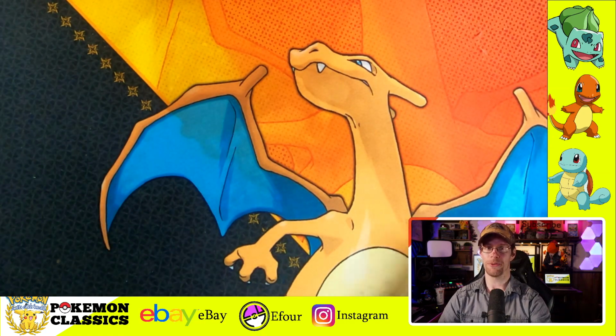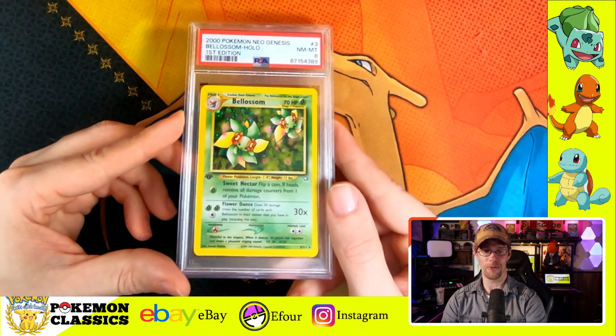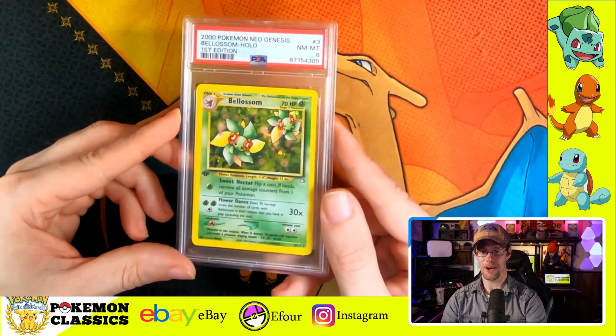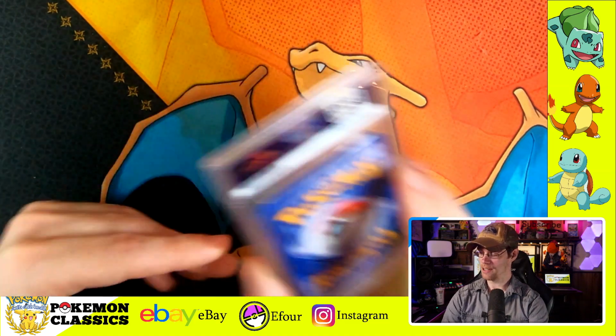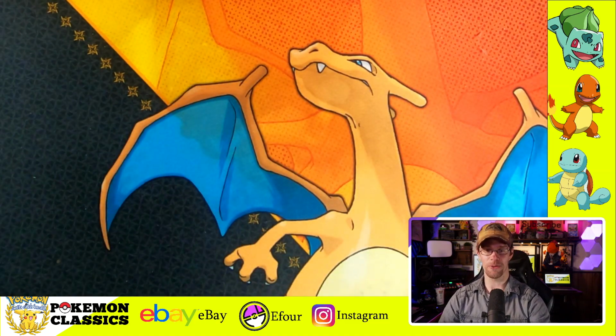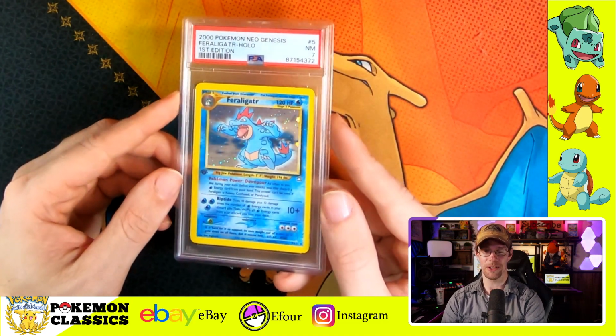It's one of the most difficult sets out there to grade. We got the Bellossom. Bellossom has a really cool holofoil background, near mint to mint 8 there as well. I know this isn't one of the more popular holographic cards in the set, but it's one that I still have appreciation for. Now this one, the Feraligatr number 5, is one of my favorites,